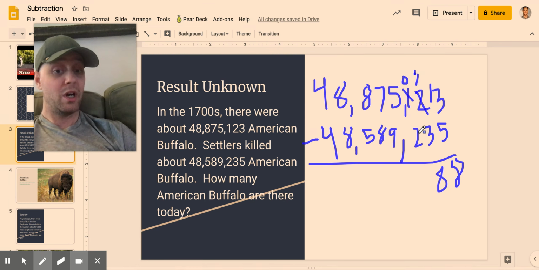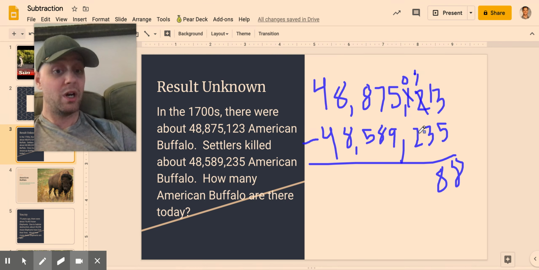75 years ago, there were about 76,453 Asian elephants. That was the population of Asian elephants. Now, due to habitat destruction, the population of Asian elephants is only about 34,258.